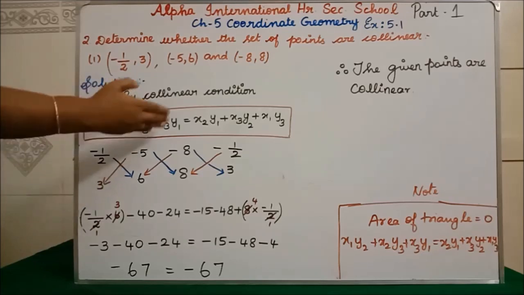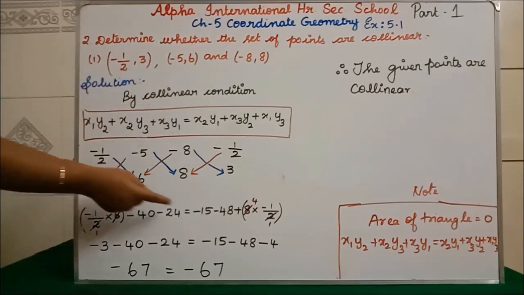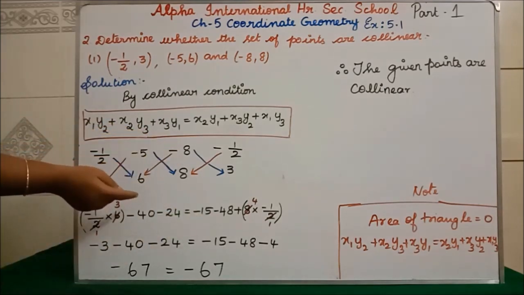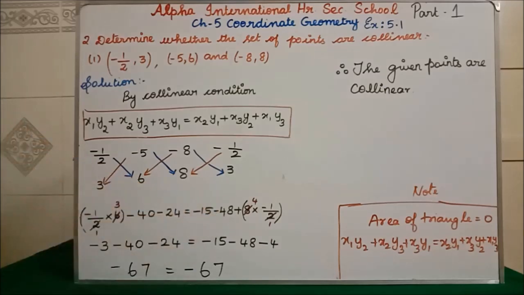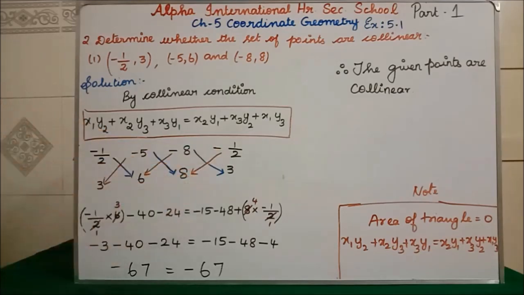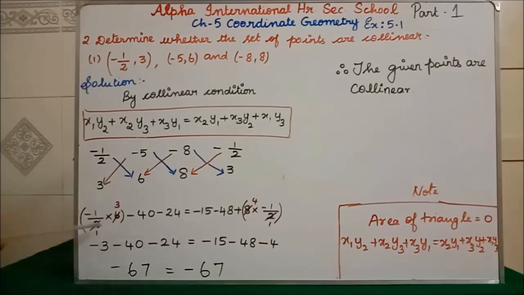Clear? Next we are going to see it in the opposite direction. So minus 5 into 3, minus 15. Minus 8 into 6, 8 6s are what? 48, minus 48. Clear? Can you understand? Then plus 8 into minus 1 by 2, or 8 into minus 1 by 2. So this 2 and 8 will get cancelled. So in 2 table 8, how many times? 4 times. Okay. Now here similarly, in 2 table 6, how many times? 3 times.